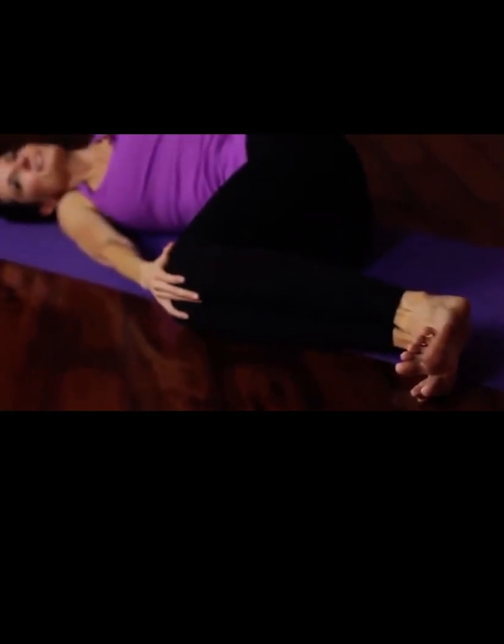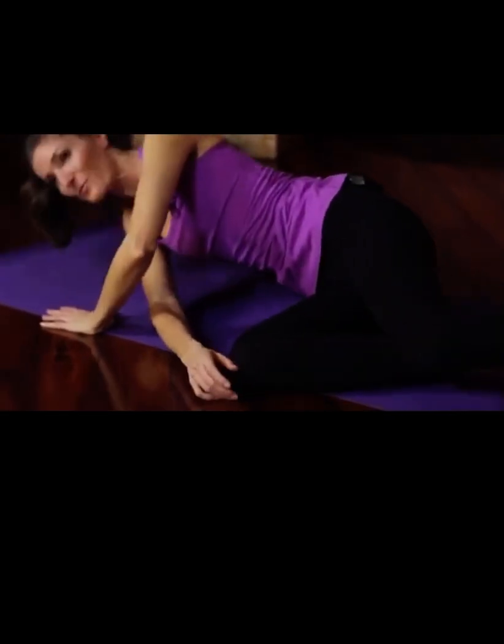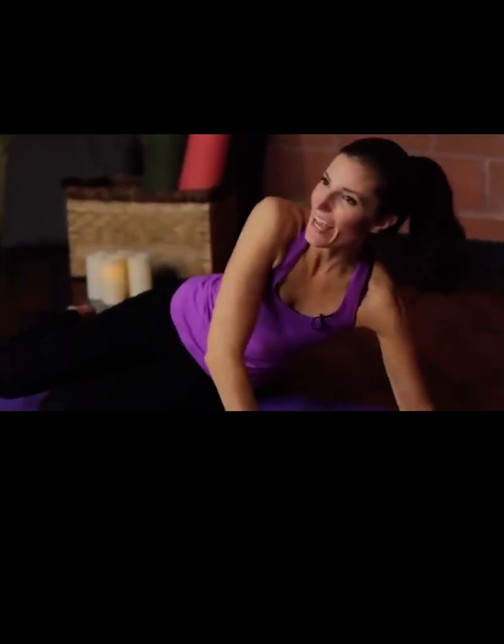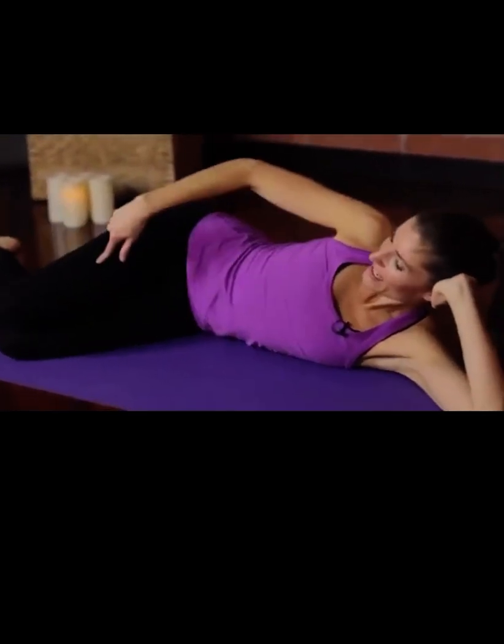And exhale, come back onto your side. Press your hand down into the floor to help you come all the way up. And we're going to switch sides. Coming down onto the side now, letting the head rest in the hand,